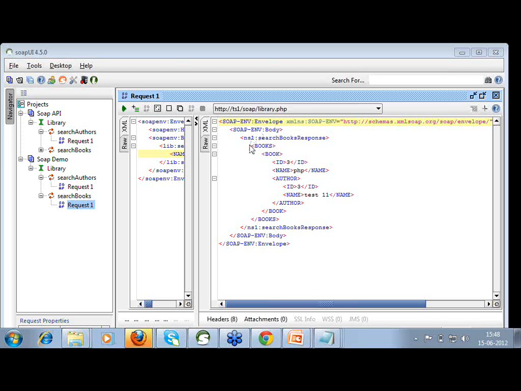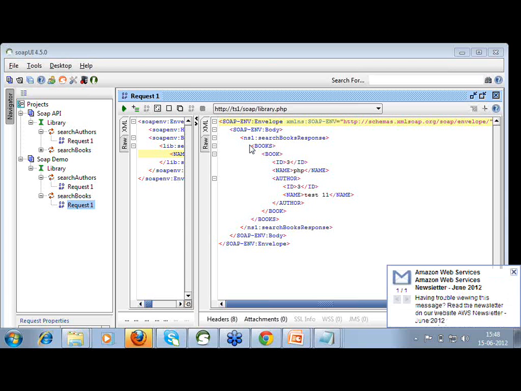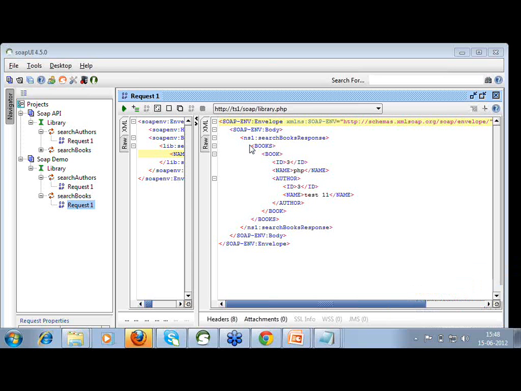I'll take the next question. How is authentication being done? As we discussed, we are passing all information in the header in case of SOAP, and in case of REST we are passing it along with the GET or POST method. There is a parameter of curl. You can pass username, password, certificate, and signature for authentication that's provided by the service provider, for example PayPal or Twitter.